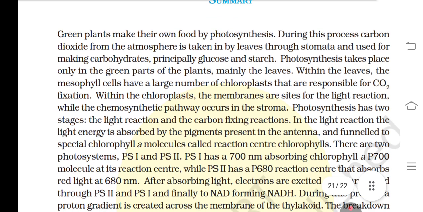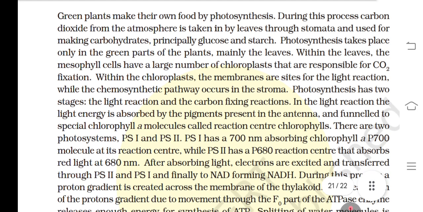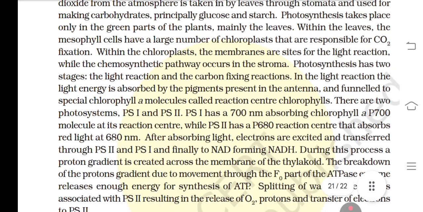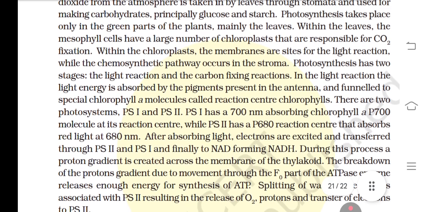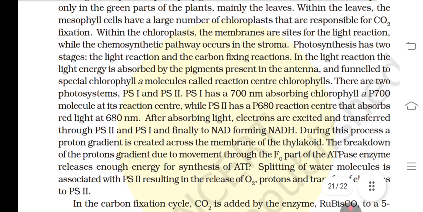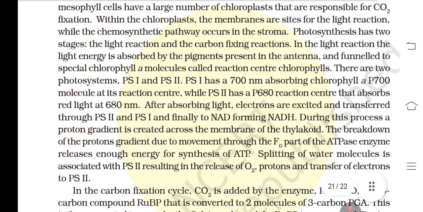Summary: green plants make their own food by photosynthesis. During this process, carbon dioxide from the atmosphere is taken in by leaves through the stomata and used for making carbohydrate, principally glucose and starch. Photosynthesis takes place only in green parts of the plant, mainly in the leaves. Within the leaves, the mesophyll cells have a large number of chloroplasts that are responsible for carbon dioxide fixation. Within the chloroplast, the membranes are the site for the light reaction, while the stroma